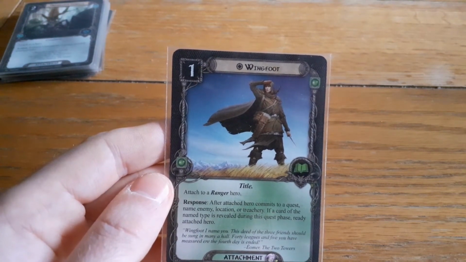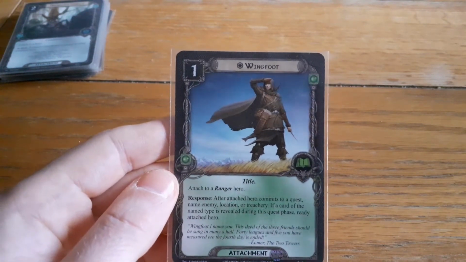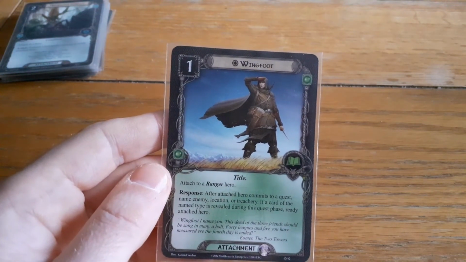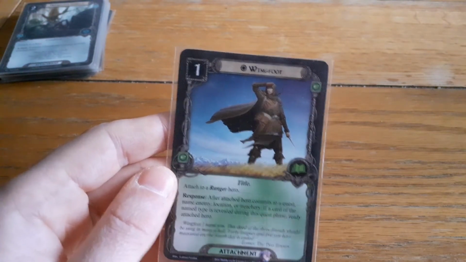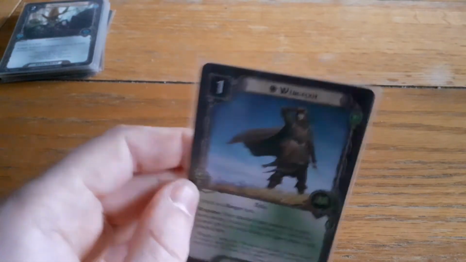If the card of the named type is revealed during the quest phase, ready the attached hero. It means that Mablung can contribute his 2 willpower to the quest. When Henmath Rithersong is in play, he can do it without any fear. And there can even be situations where you don't have an enemy in front of you, so you simply name enemy, because if an enemy comes out, then Mablung will ready, and if an enemy doesn't come out, you don't need him to ready. You know, it's always nice to feel like you're getting more value out of your heroes,